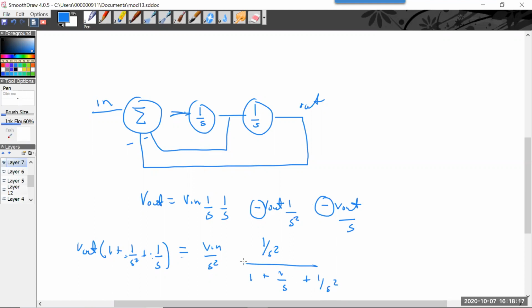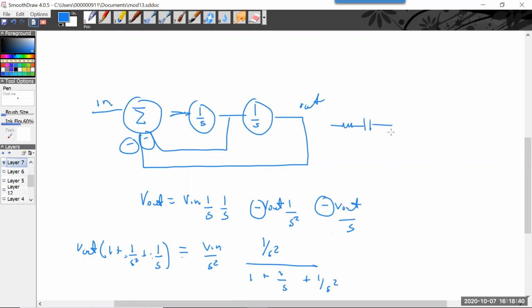Then if I multiply through, I can convert this back to the transfer function format. But every one of these, all the denominators, all have to be negative because we're doing negative feedback. Now, why is it